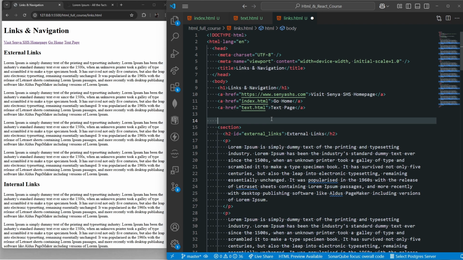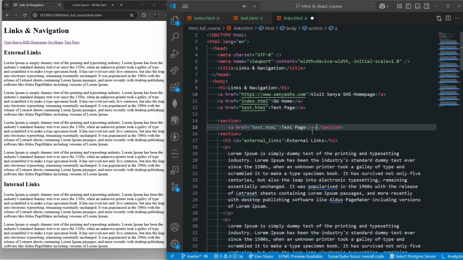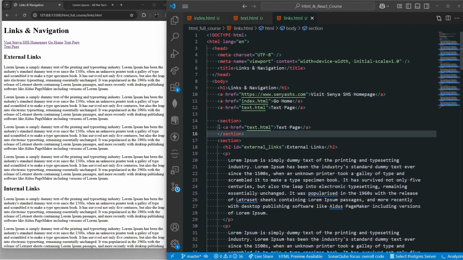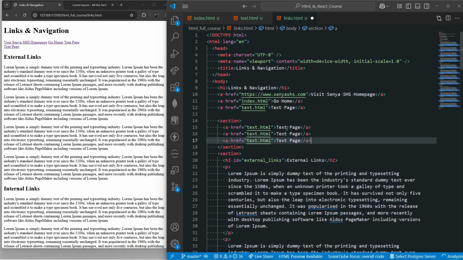Better still, let me put this in a section so it will not be on the same line. So then I have to add 2 more, and here I will give the hashtag